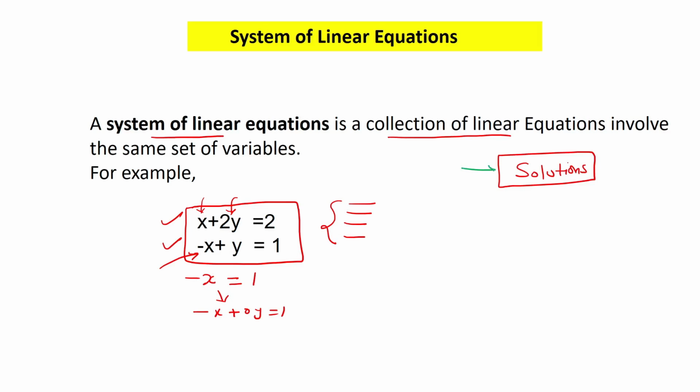Now what does it mean to find the solution of a system of linear equations? For example, we have these two equations. To find the solution of these linear equations, it means we have to find the values of the unknowns, that is, the values of x and y, such that when these x and y values are put in both equations, they satisfy both equations. That means when the x and y values are put in the first equation, the left side should give us the answer 2, so that 2 equals 2.